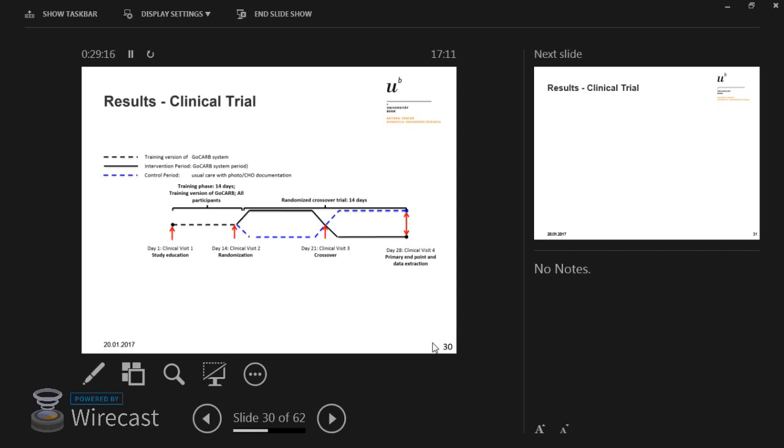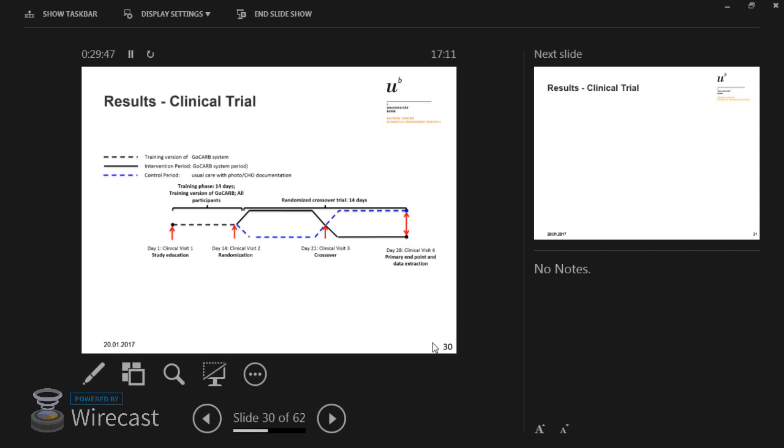For each of the patients, we had approximately 1 month of trial, 2 weeks of training with the software, where they weren't allowed to see the results, then 1 week at random, where they could either use the software fully or not at all, and then the next week was the other way around. So we had 20 patients for this, all type 1 diabetics,